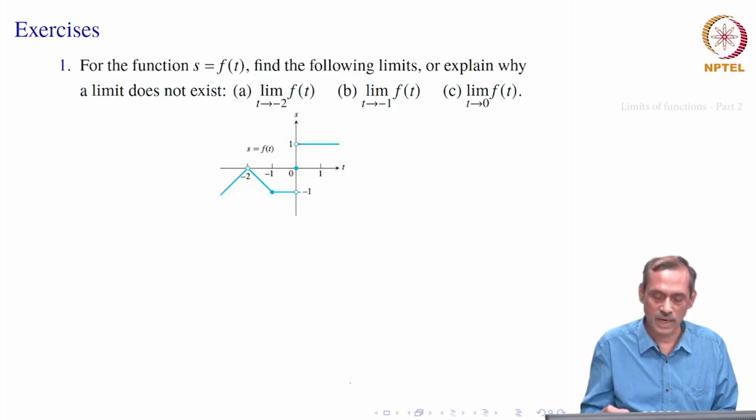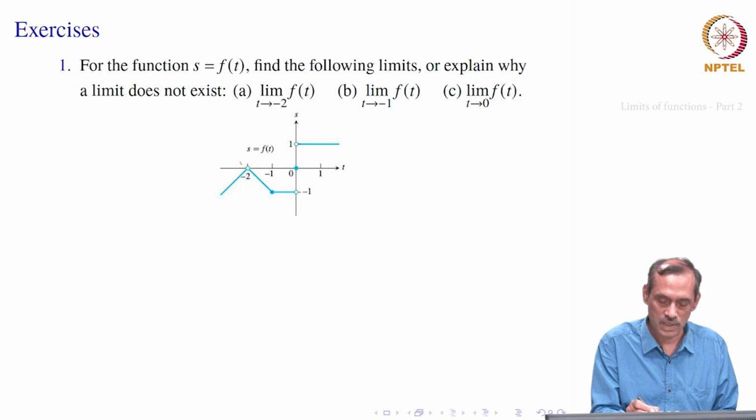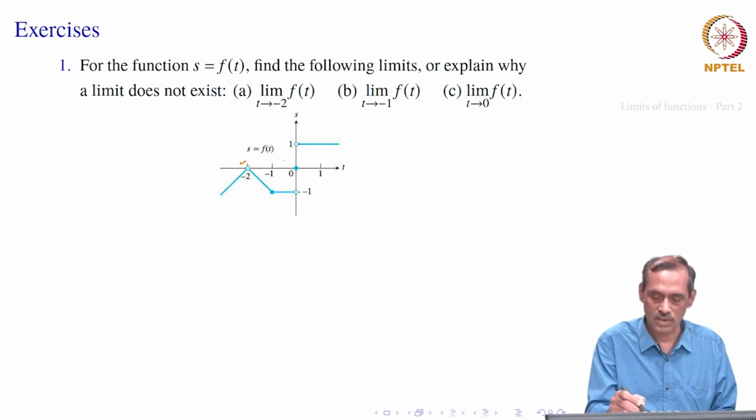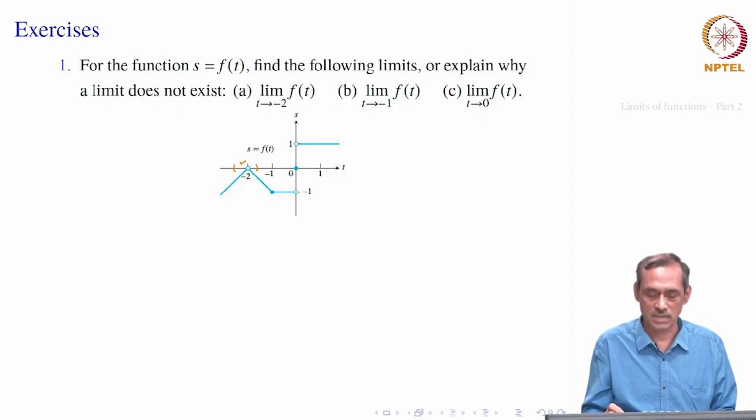So, we are trying to find out the limit as t goes to minus 2. So, minus 2 is here. Other things we are not concerned with now, because we are concerned about numbers in a neighborhood of minus 2. We can always limit it to a smaller one, whichever is convenient for us, because that is the way we can choose our delta to make it smaller and smaller.